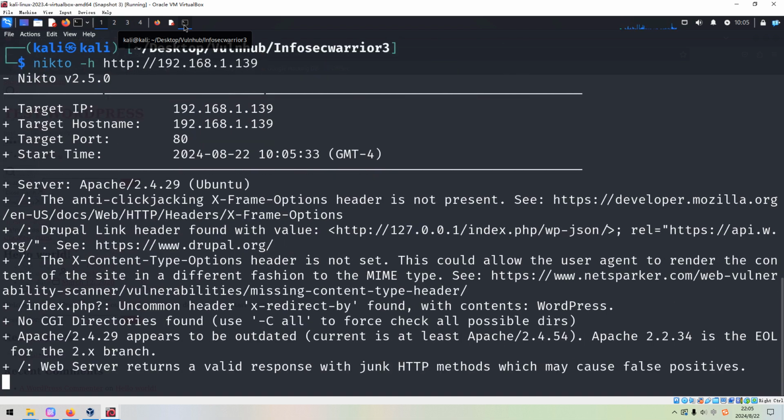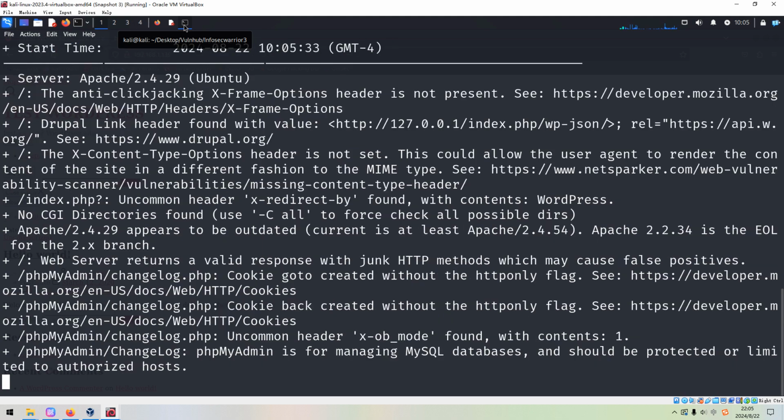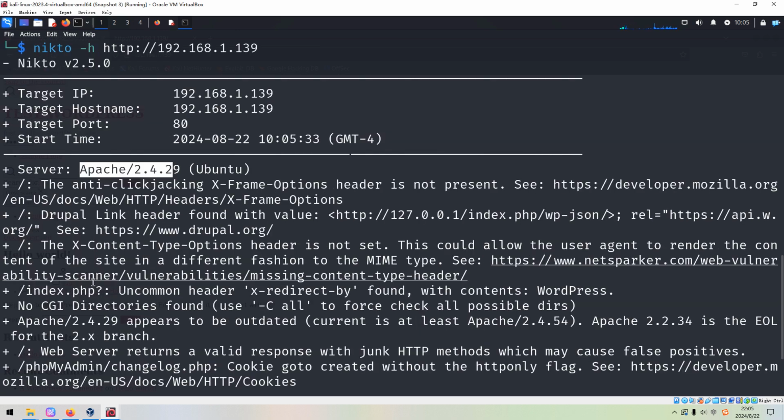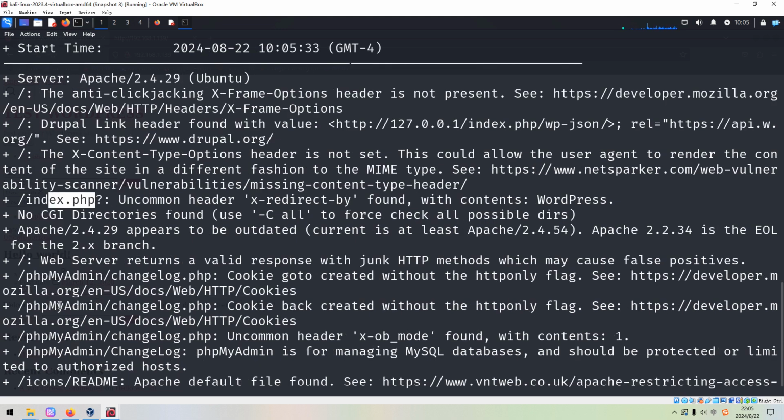Nikto can enumerate the web application from various aspects, for example, like the banner, Apache 2, and also the request header information, and the common files or directories. Some common files or directories can be enumerated, although the built-in word list is not so big.